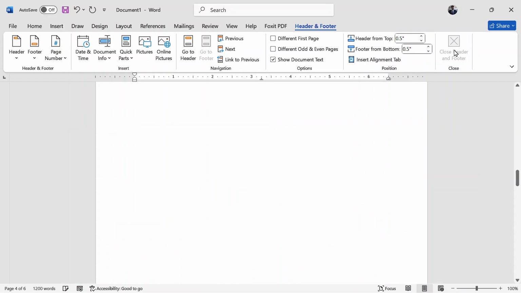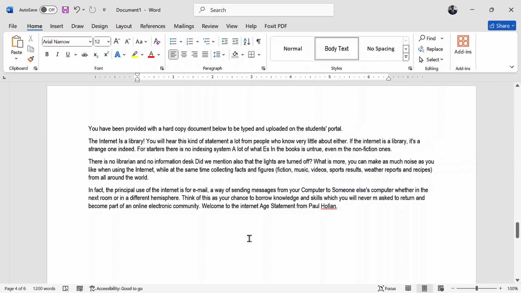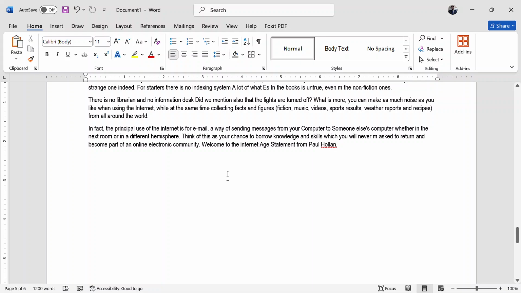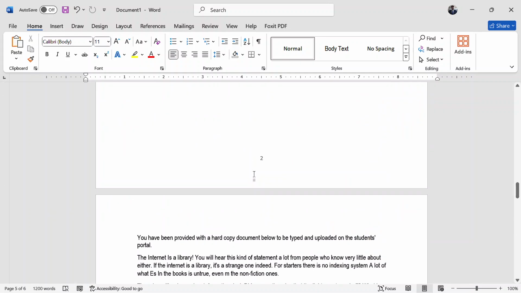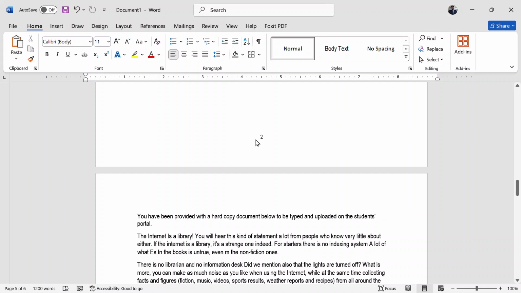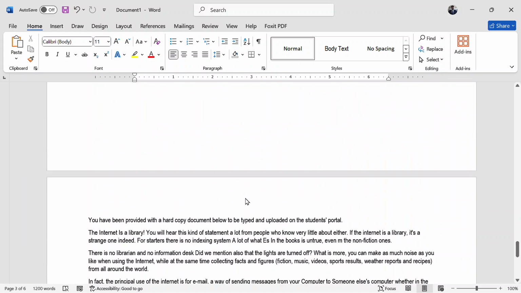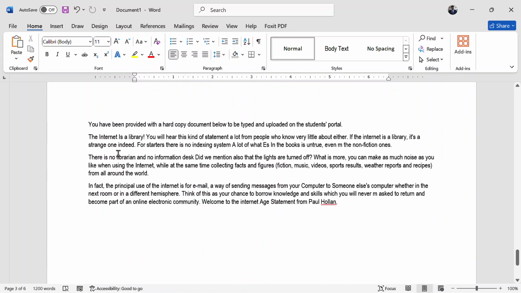From there I can close, and after closing I go down to my last section, and this last section of mine I'm going to put another kind of numbering. Anyway, let me leave it at that. This other section I'm going to put Roman numerals. The other one I put letters, this one I put numbers, and here I'm going to put Roman numerals.